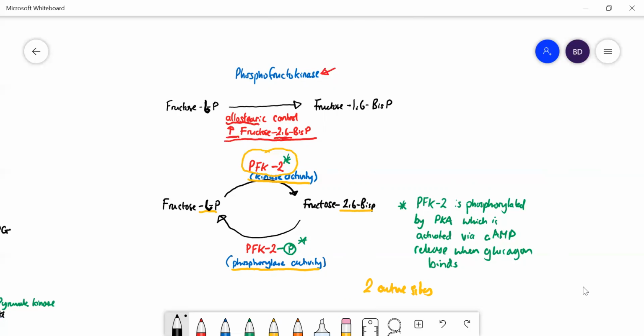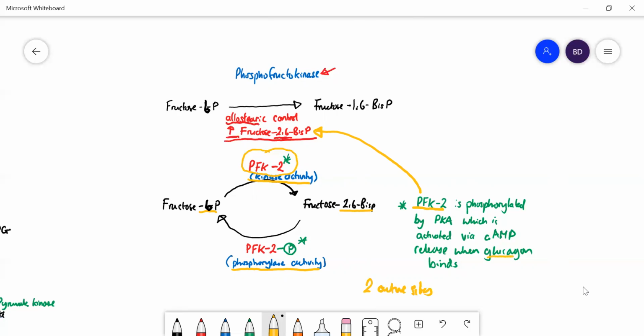So it cleaves a phosphate off from position number 2 to turn it back into fructose 6-phosphate. Now, this enzyme PFK2 is crucial in determining the levels of the allosteric modulator molecule fructose 2,6-bisphosphate, and that is